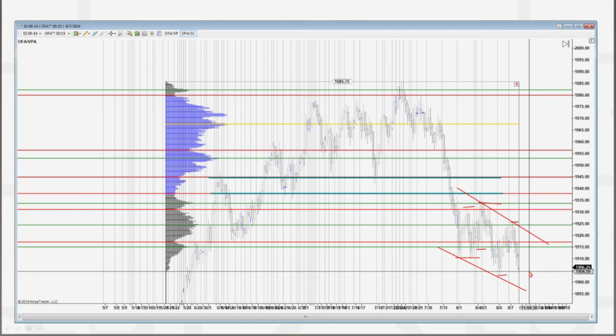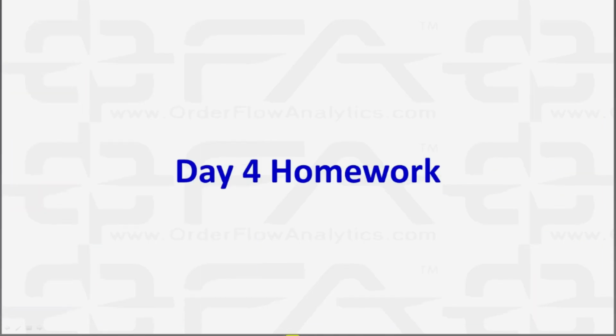So we've been at it 3.5 hours today. I wanted to make sure I went through the information you needed to collect to do the homework, how to gain the context, and then once you have that context, how to start identifying levels as your if-then statements. So as I look at the volume profile today,